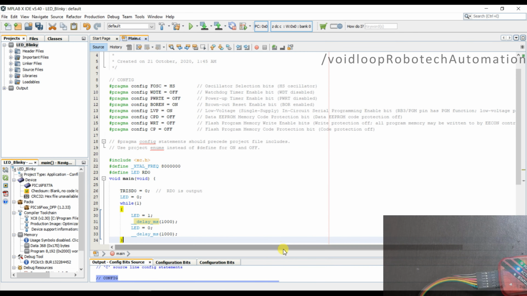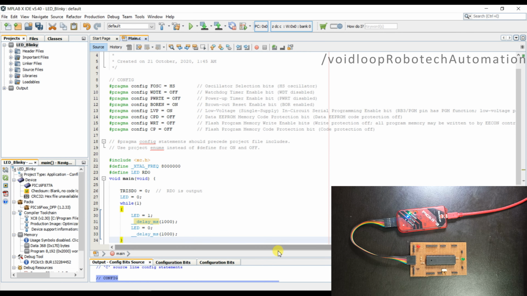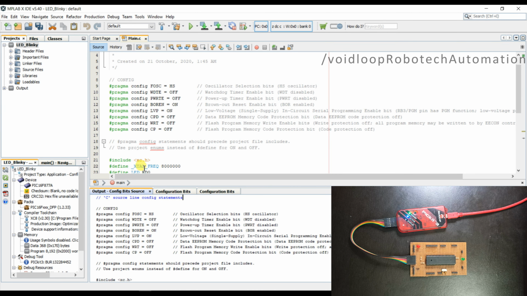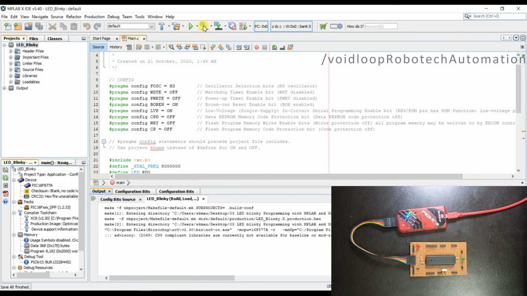Now I will upload this code. So I will drag upside, click over here. It is make and program device main project. So I will click over here to upload this code.